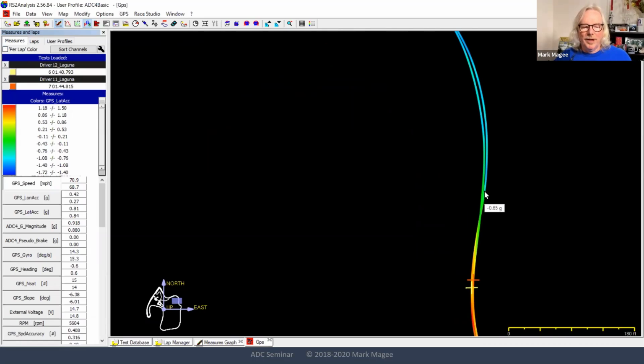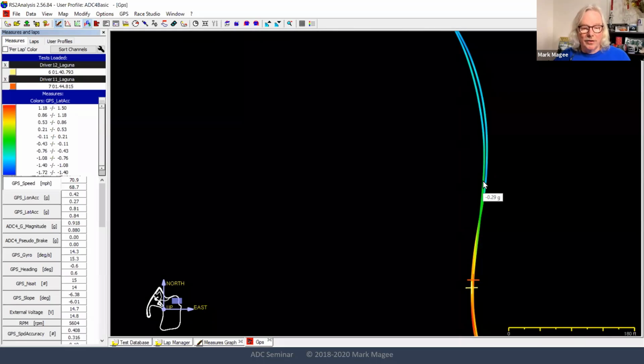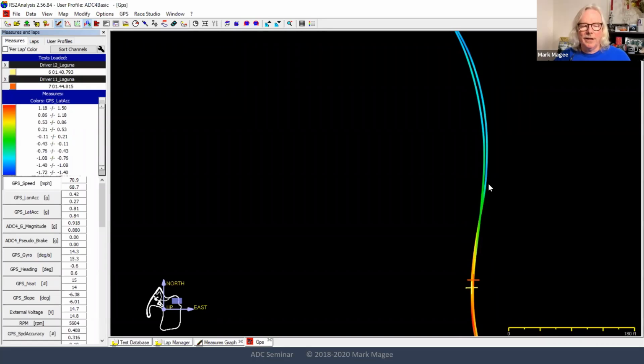You can see that the lateral G's kick in earlier, fairly early. Here we're at 0.8, 0.9, 1 G right there, where this driver is at 0.3. So yeah, there's definitely a difference here, and getting turning done earlier